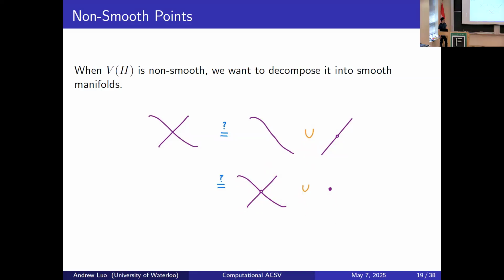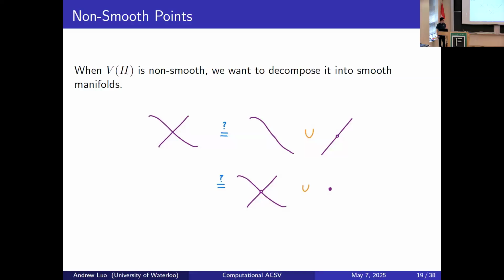And spoiler alert, the first one is not great. Part of the reason is that if you were to look at the first component, it sort of misleads you into thinking that it's everywhere smooth. But if you look at the global picture, that's not the case, because it actually intersects something. So we actually would want the second one in this case.